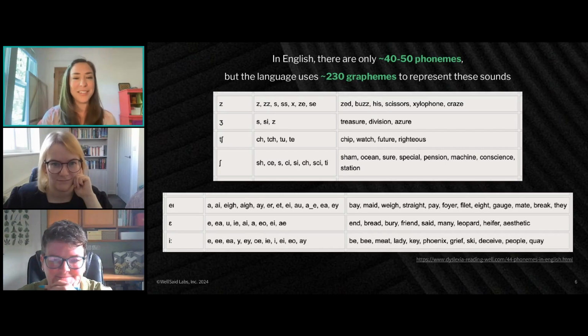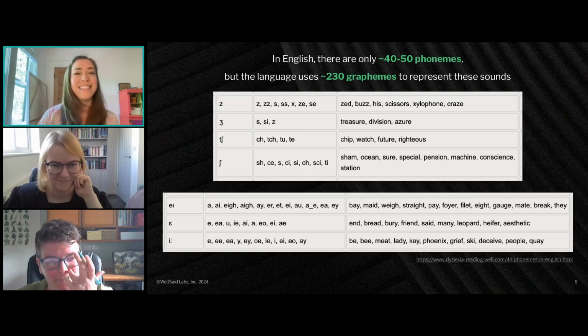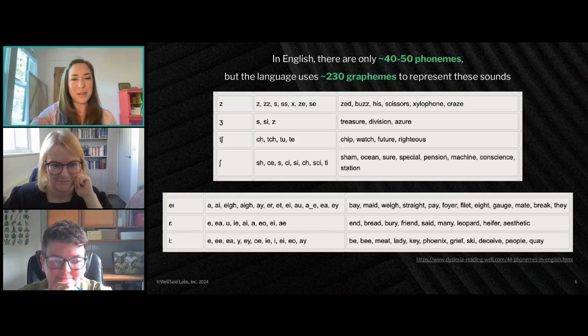Even native speakers, just learning as a child how to spell and sound out pronunciation. I have a 3-year-old who's really curious about reading right now, and he gets really frustrated with me when I try to explain that a certain letter sometimes makes this sound and sometimes makes this sound. So it's a frustrating thing in language.